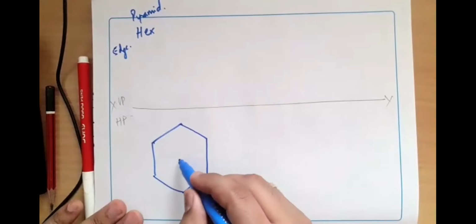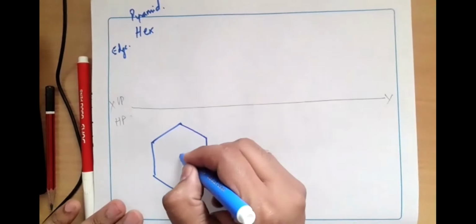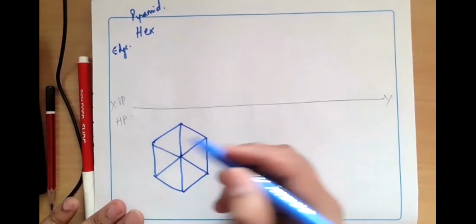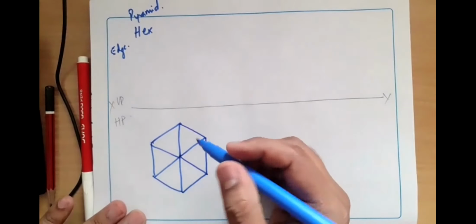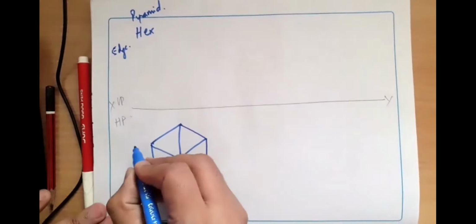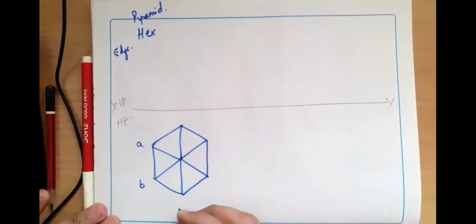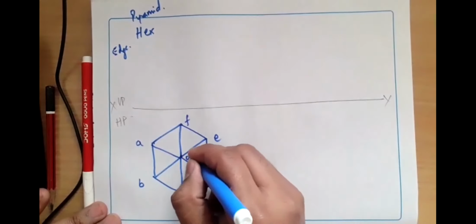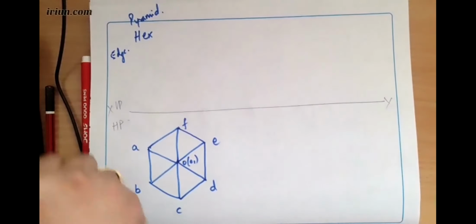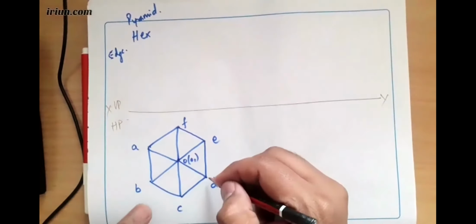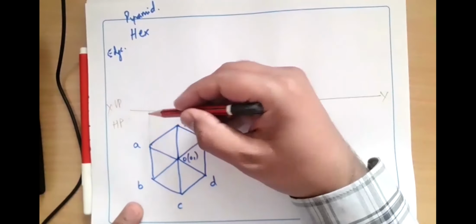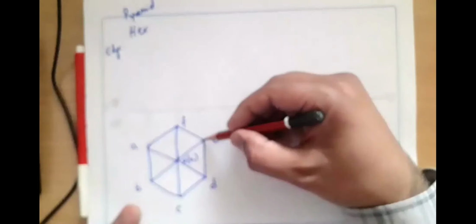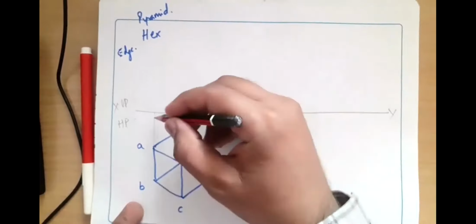If it is a pyramid, I'll join the center position to all corners: OA, OB, OC, OD, OE, and OF. However you name it, the names will change accordingly, and you can represent it like this: A, B, C, D, E, and F. And this is O, O1. This is a hexagonal based pyramid for the edge condition. I'll draw projection lines from A as well as from B to the XY line. From C I'm drawing a line, as well as from D and E. So it is matching here.